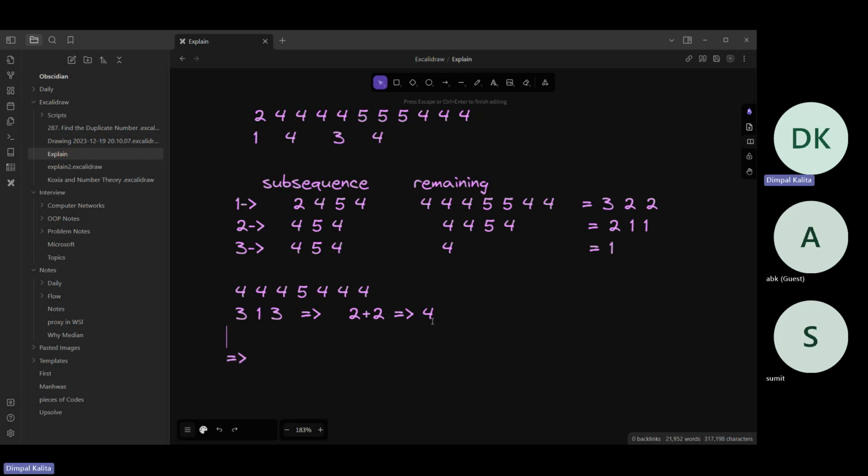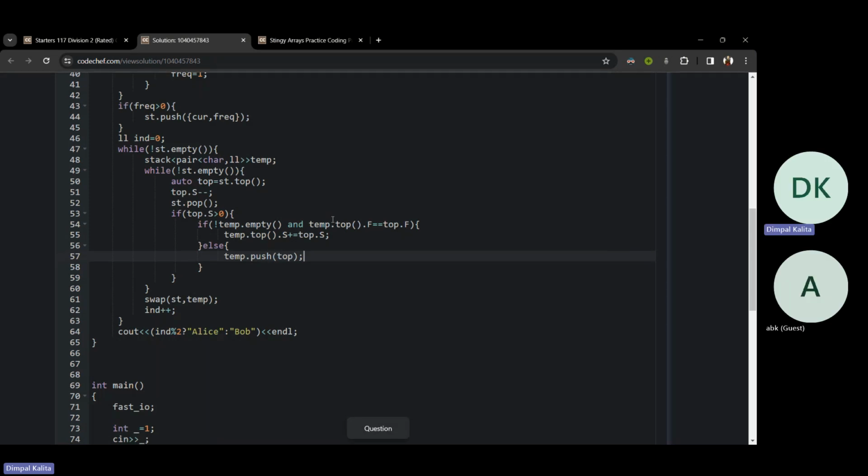because what will happen after this operation is it will become 4 4 4 4. So after this, I can remove only one 4. So it will become 4 4 4, then it will become 4 4, then it will become 4. So I have to somehow merge these 2 and 2. So what I am doing is, if the stack is not empty, I am checking if the previous element is equal to the current element. If that is equal, then I am adding